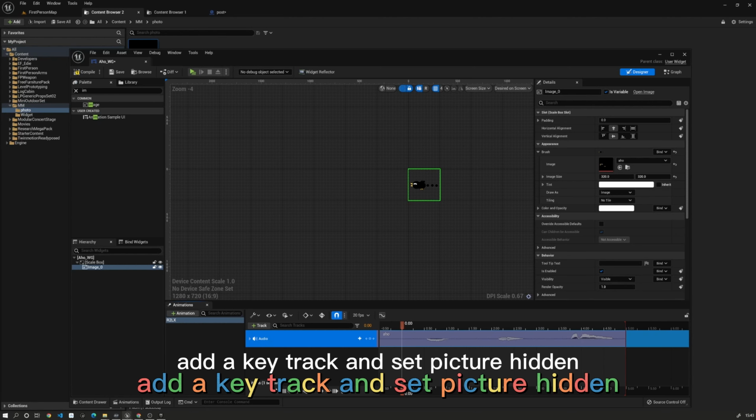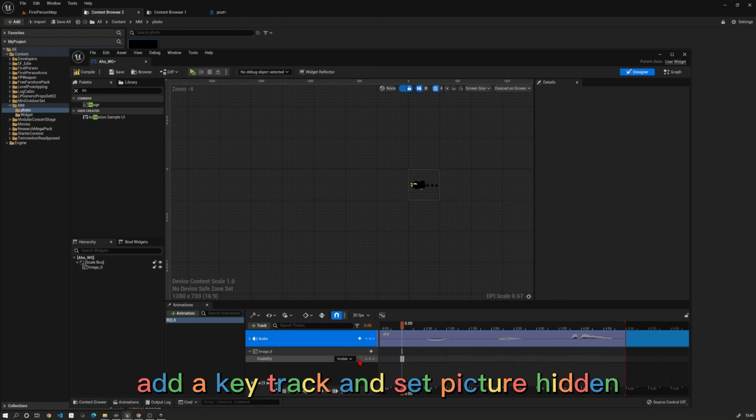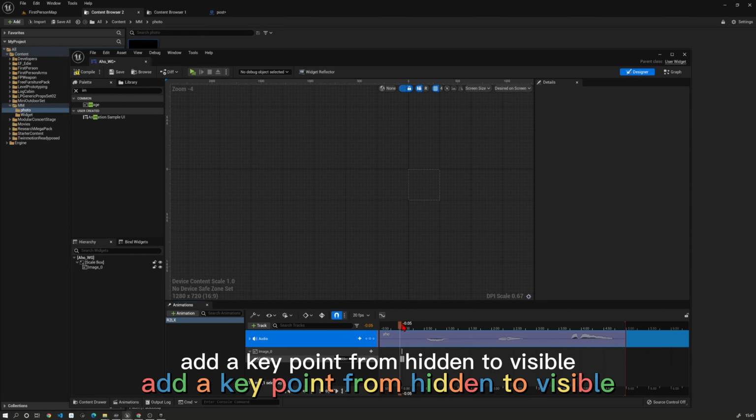Add a key track and set the picture hidden. Add a key point from hidden to visible.